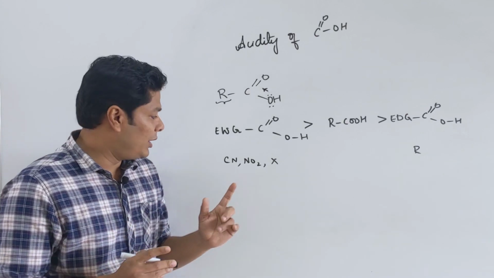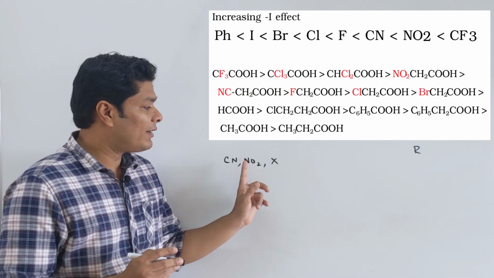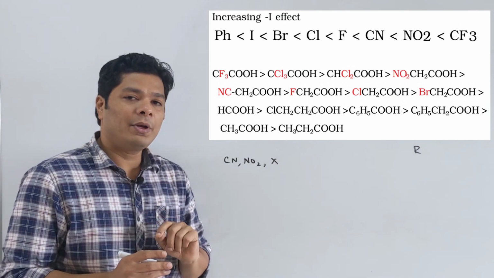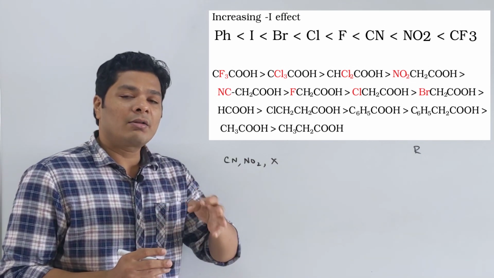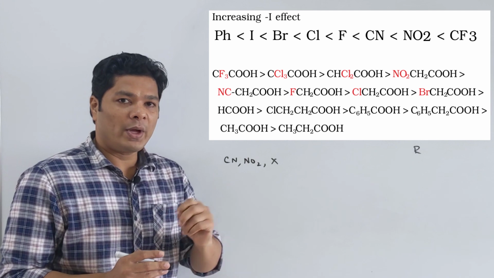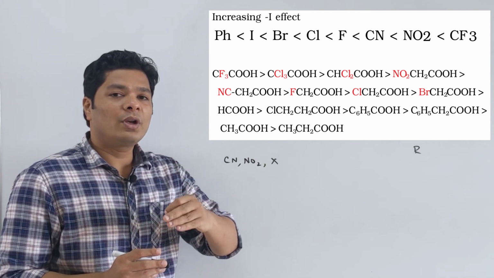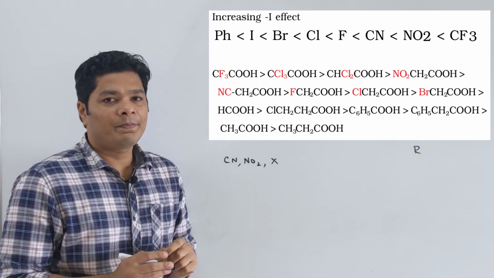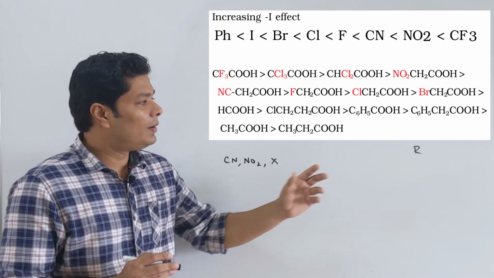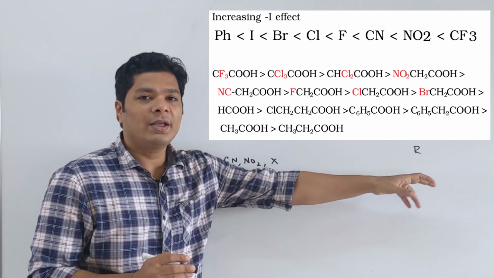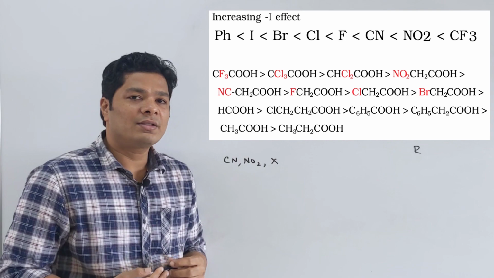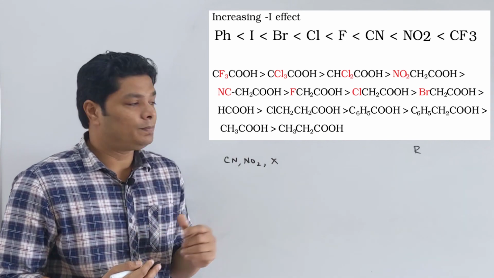If you see the trend, both of these are much more electronegative compared to your halogens. Now, pay particular attention to the trihalide versus dihalide versus monohalide and also fluorine versus chlorine versus bromine, and you will start getting an idea. And also electron donating groups, if you see OCH3 and all will pump the electrons inside so that they decrease it.